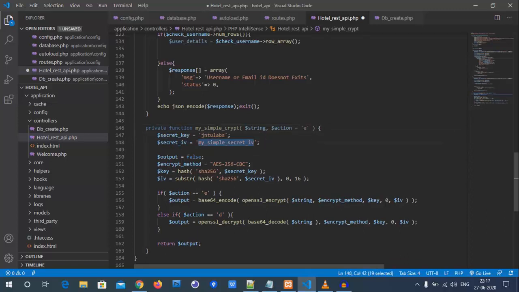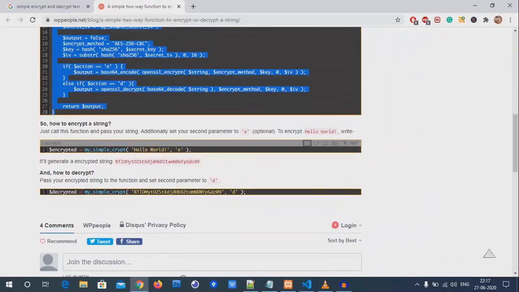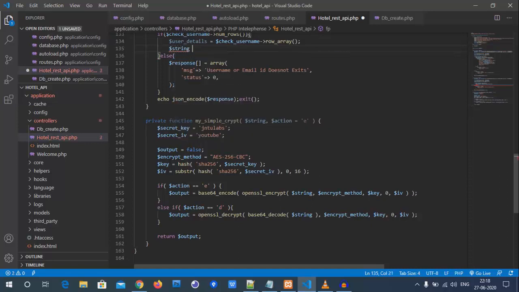And if it exists, then we need to think about what we need to do with this username or email id. Basically we will fetch the details of the user first of all. Next we need to send an email. To send an email we need to create a link where the user can go and reset the password. That's our main intention.